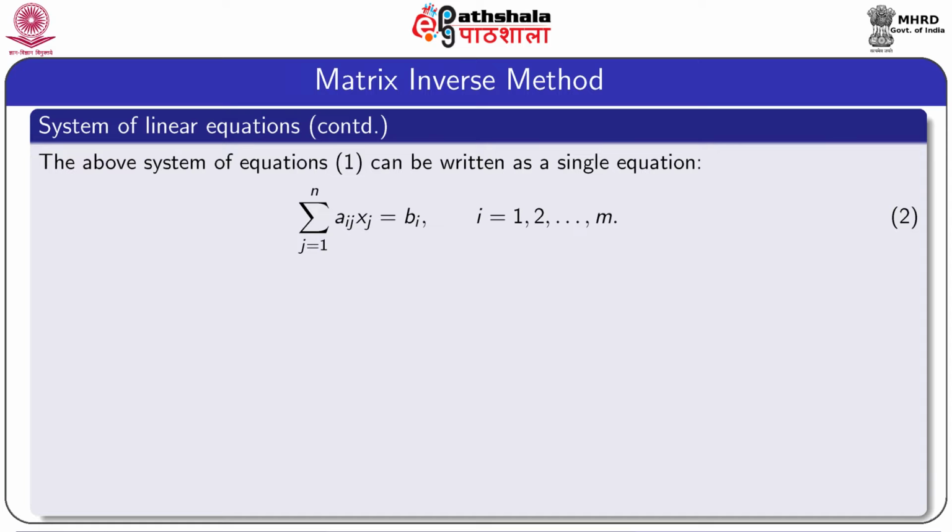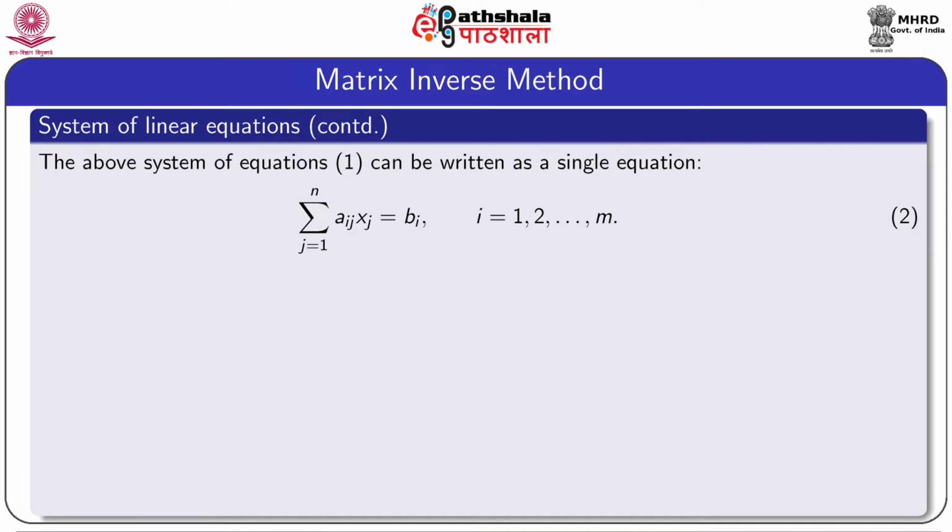The above system can be written as a single equation: summation j equal to 1 to n of aij xj equal to bi. This is the ith equation of the above system, and this is true for i equal to 1